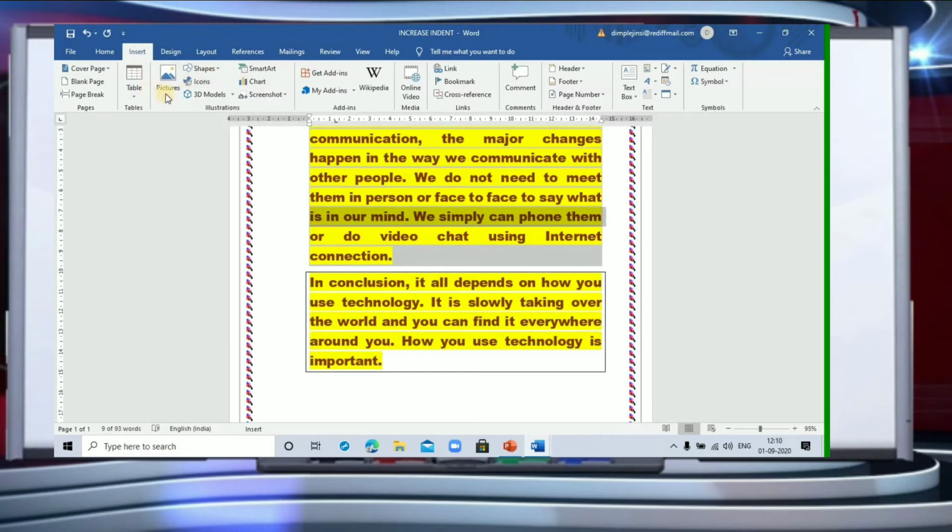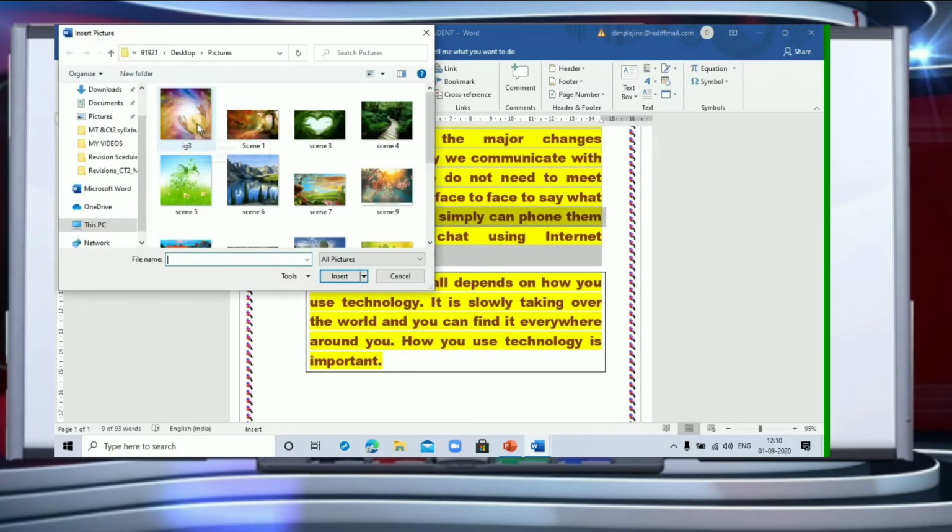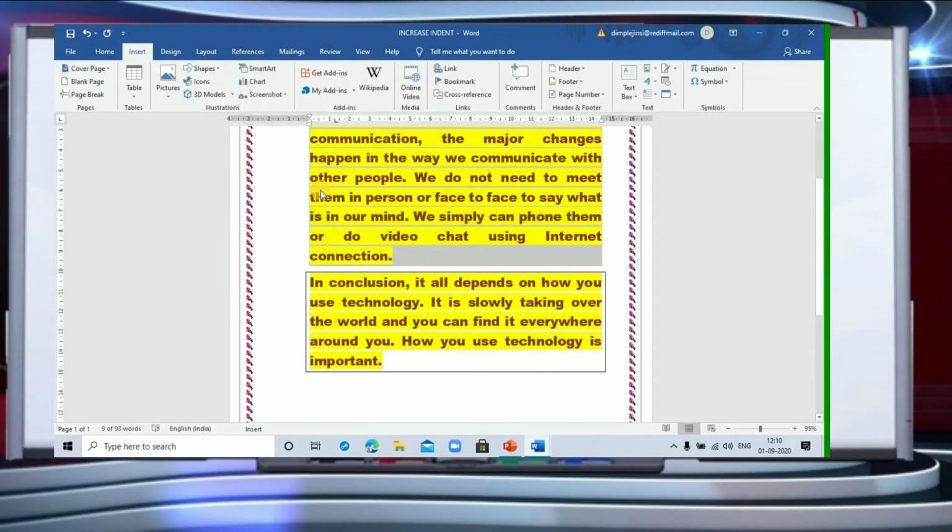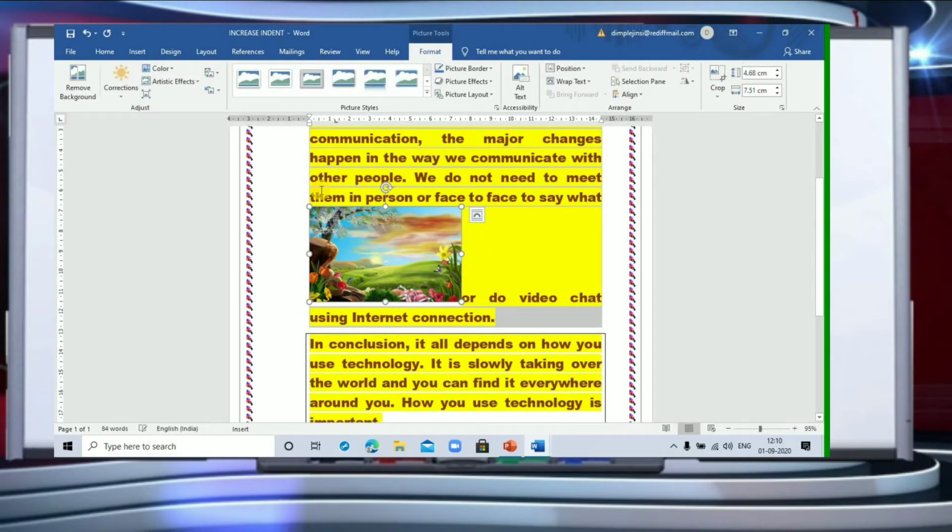Maybe I'll go right now to pictures, and it is going to ask me, do you want to insert a picture from this device or from online? Yes, you can get pictures from the internet as well if you have an internet connection. Right now I want to get a picture from this device, so I'm going to click on this device, and now I'm going to find out where the pictures are. Already pictures are here on the desktop. I have so many pictures, so I can pick up any picture I want. I'm going to click on this picture and double click on it, and we are going to insert it here.